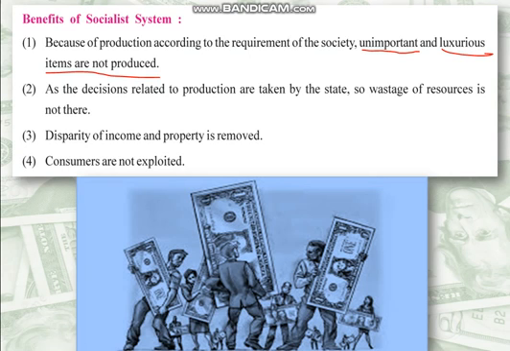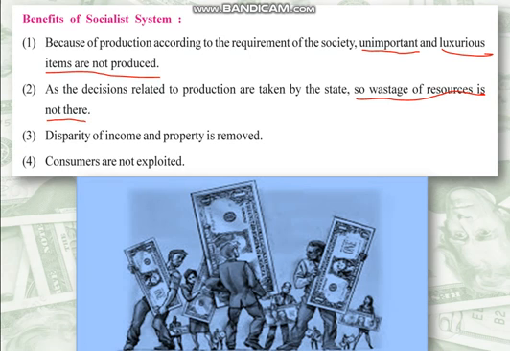Second, as the decisions related to production are taken by the state, wastage of resources is not there. This is very important. As all the decisions are taken by the state, the resources are not wasted. Why? Because the government decides what quantity is to be produced, and that's why the resources are used in a maximum way, in such a way that the government can get the best out of those